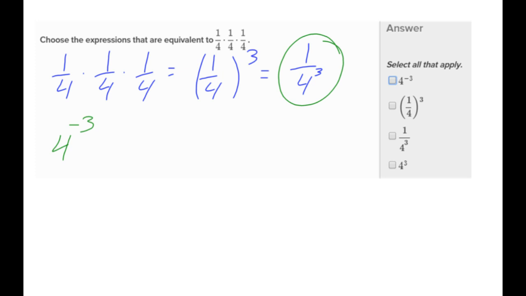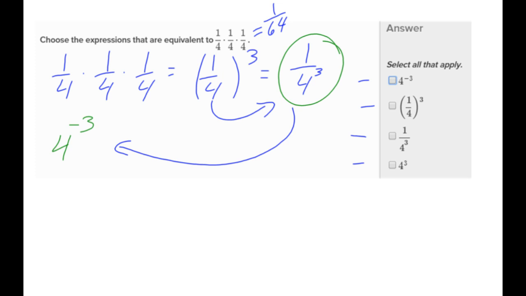So as I take a look over here, the other thing that I should also talk about is that this answer, when I multiply it all out, is 1 over 64. So there's two ways of doing this type of problem. You can either figure out which of these possible answers is equal to 1 over 64, or knowing the rules, knowing that you can go from this form to that form and so forth,